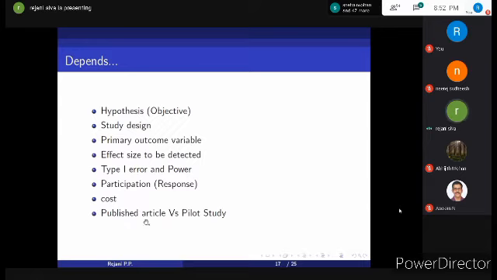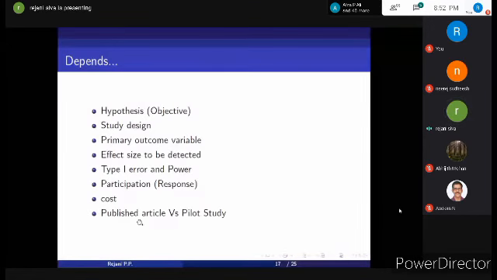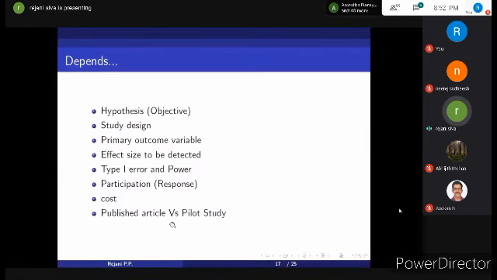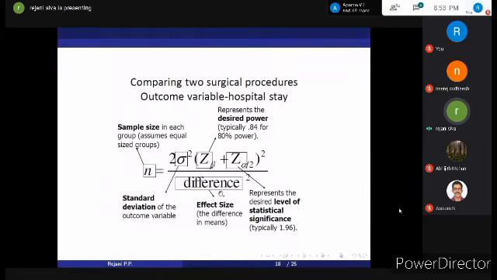And the next important thing, pilot study. Sample size is calculated using a lot of formulas, and some parameters are used in the formula. You will see these in the next slide. Such parameters are taken from published articles, maybe from your parent study. And if no such parent studies are available, a pilot study is necessary to estimate such parameters. This is just for an explanation, not for learning the formula by heart. Don't worry about the formula and all.